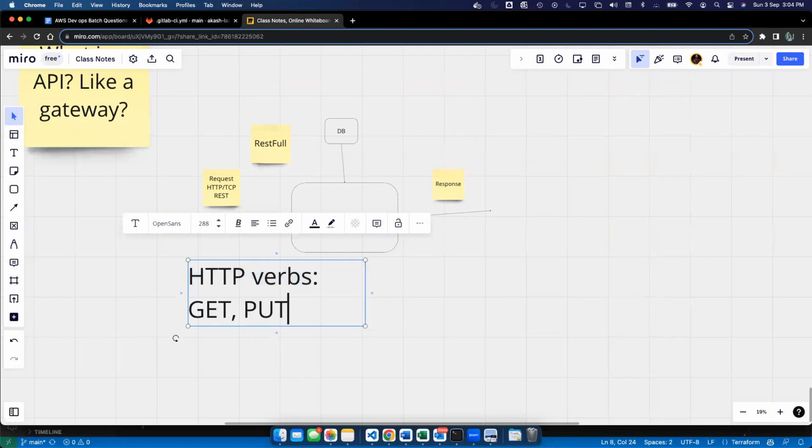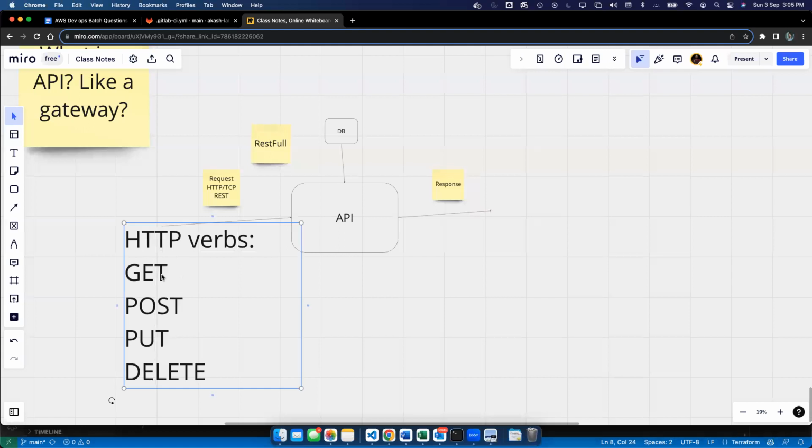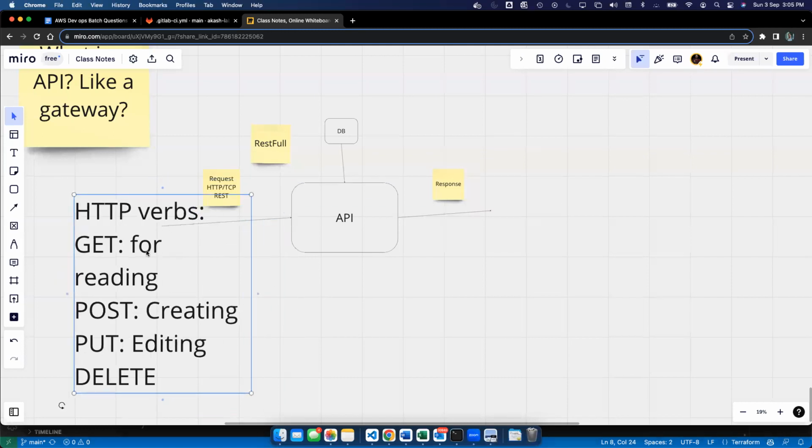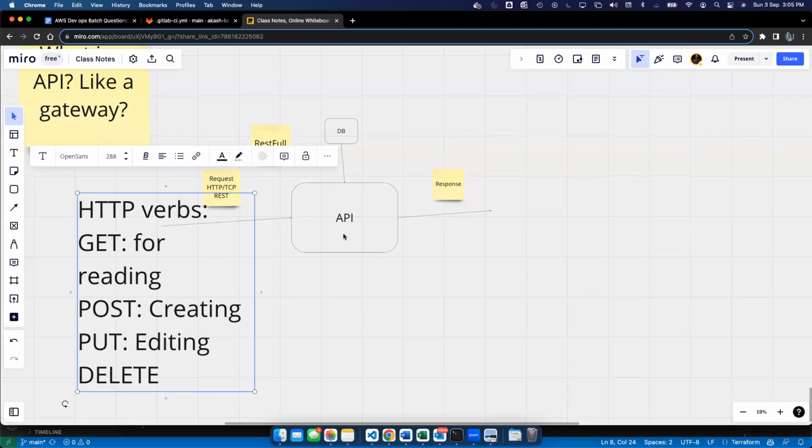Get, put, post, or I should put it like this: get, post, put, delete. What are these? Can anyone tell me what are these? For reading, creating, editing and deleting, तो मुझे बताने की जरूरत नहीं है. For deleting. ठीक है? Okay, so कोई भी API को अगर मुझे कॉल करना है तो मैं इन चार मेथड्स